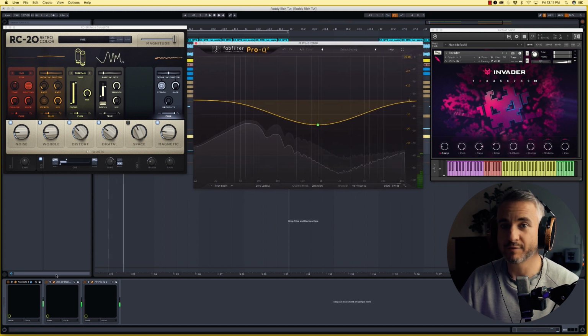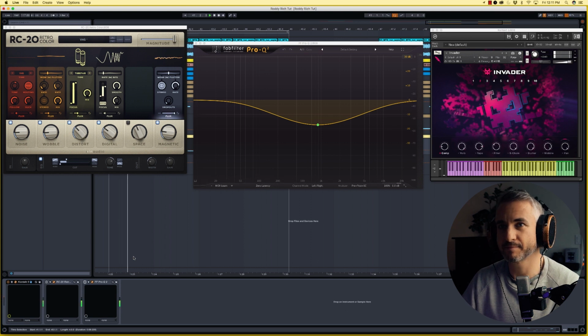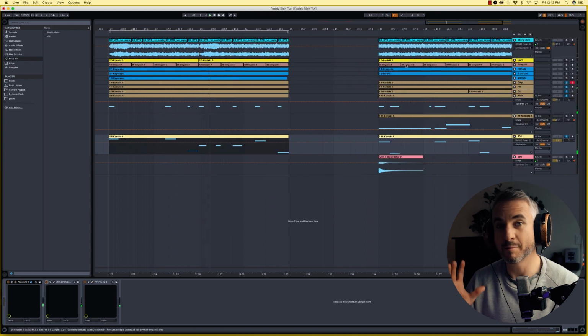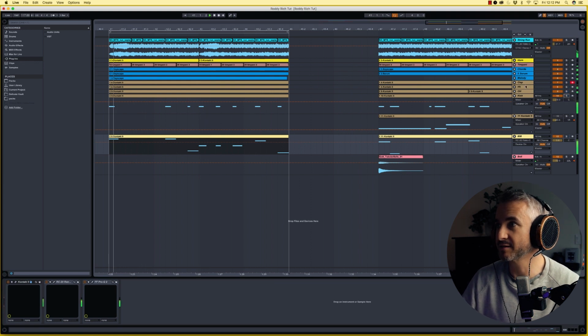So if we go without any of the processing, it sounds like this. But it was too upfront, so with the effects, I feel like it blends much better with the rest of the beat. And so if we integrate all of these elements,